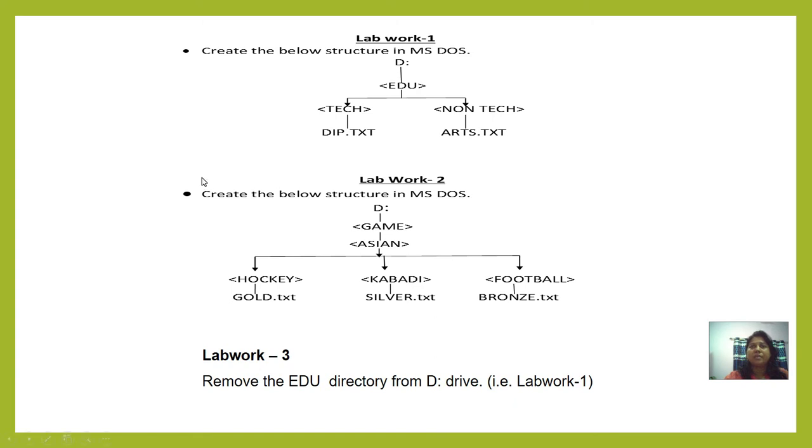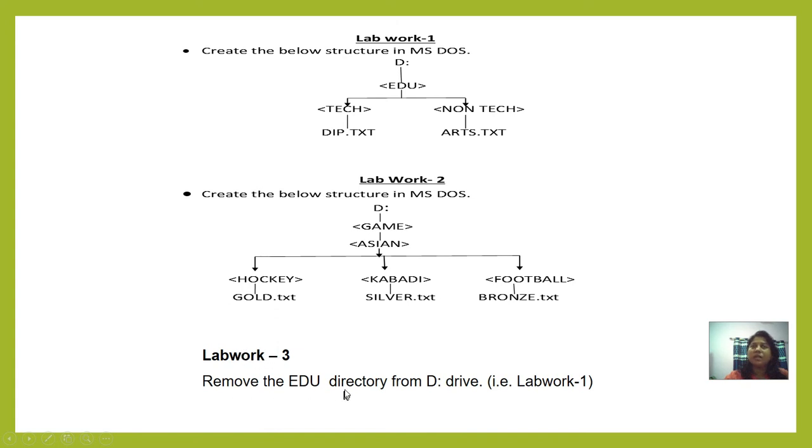As per lab work 3, you have to remove the edu directory from your D drive. In lab work 1 and 2, only the creation part is there. Clear? After creation, how should I remove the directory? For removing the directory, lab work 3 is there, where the rd command is to be used.